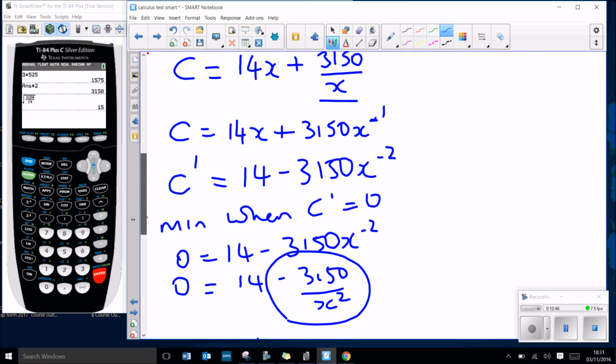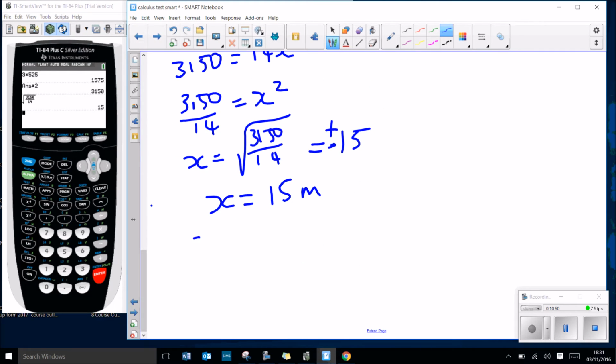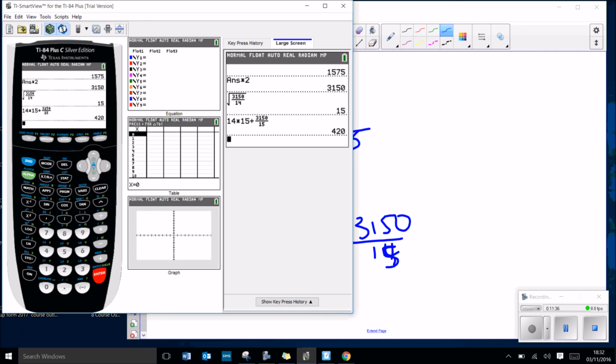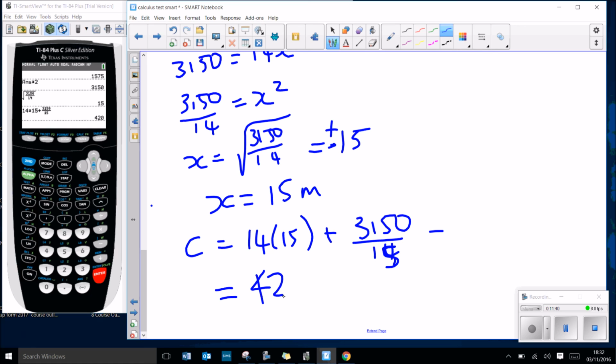So 14x plus 3150 over x. So 14 times 15 plus, open bracket, 3150 over 15. Gives 420, and this would be